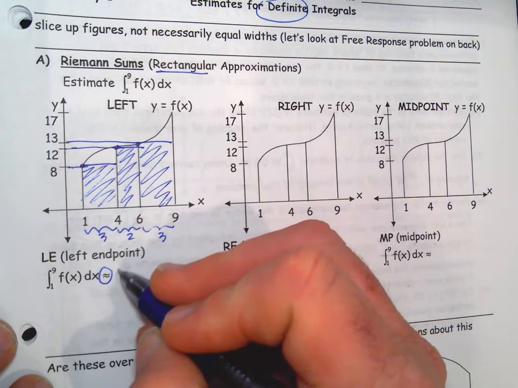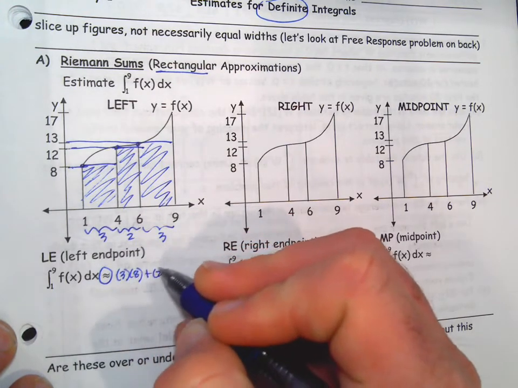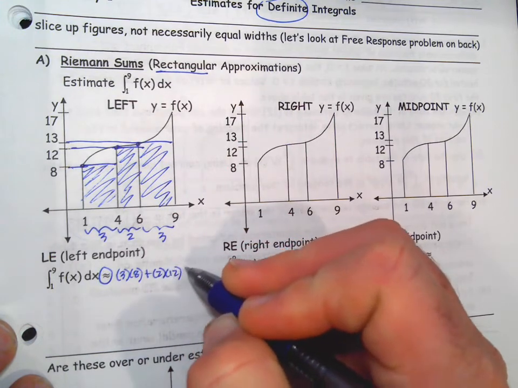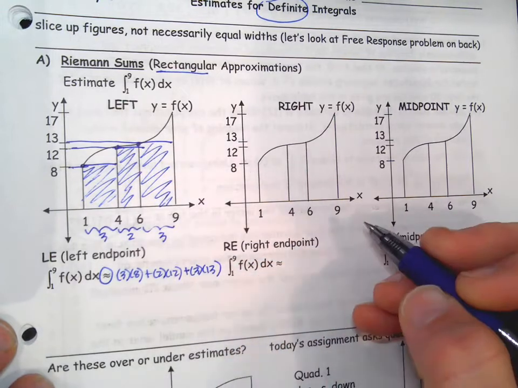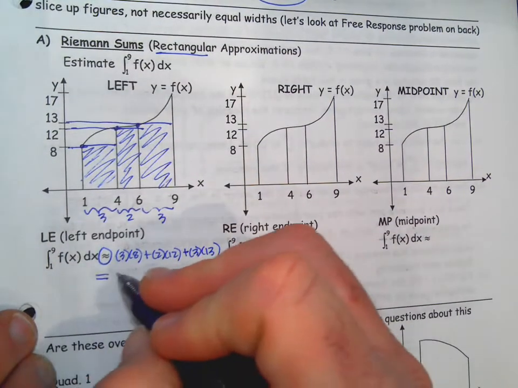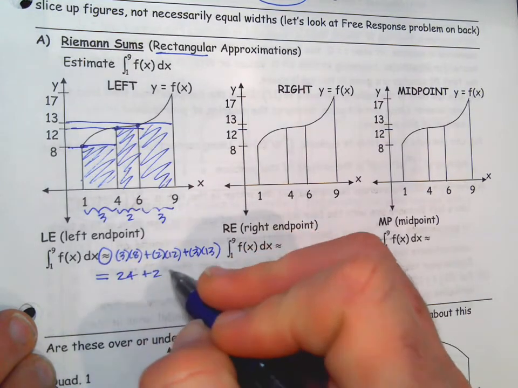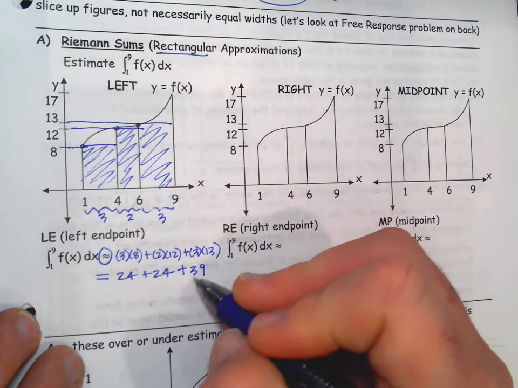And so you should show the work. 3 times 8 plus 2 times 12 plus 3 times 13. And this is work that you would need to show on a free response question to get full credit. Now after that, we're going to say, okay, well, that's 24, and that's 24, and that's 39. And if we add these all up,